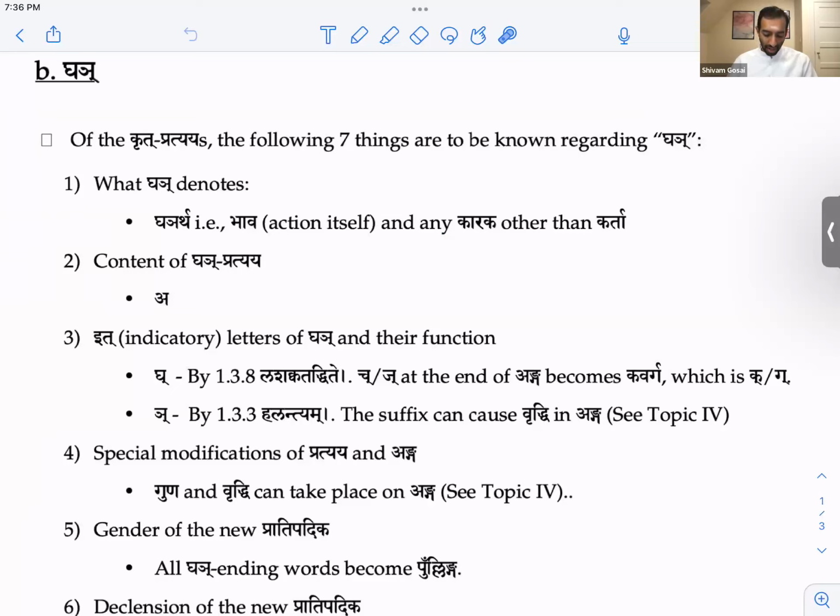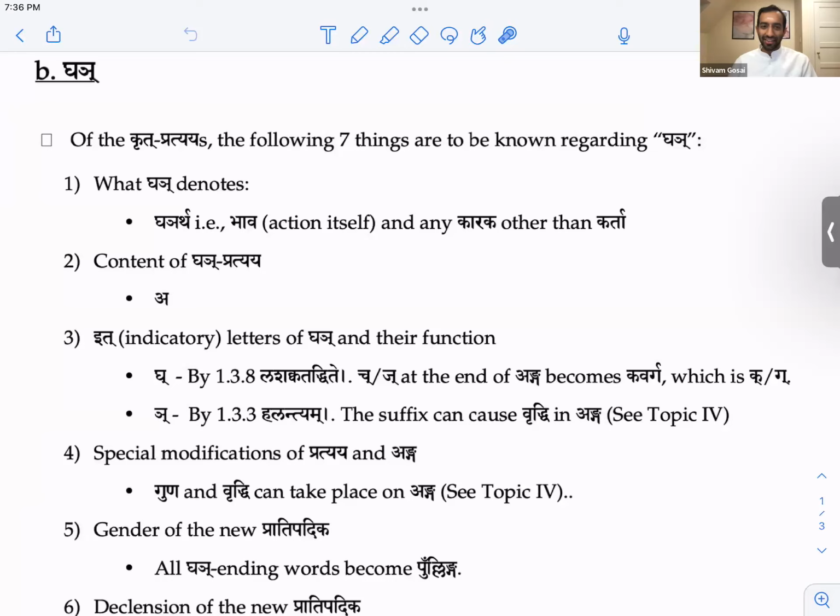The content of Ghañ is just akara. Just akara, meaning that the ghakara and the nyakara are both removed. So you're just left with the a that's in between the two. In between there is an a, it's invisible, right?